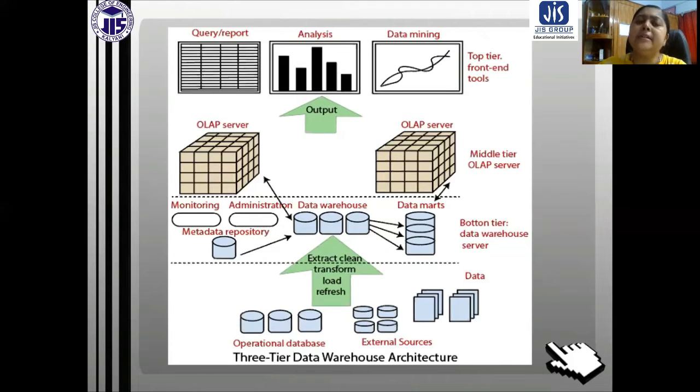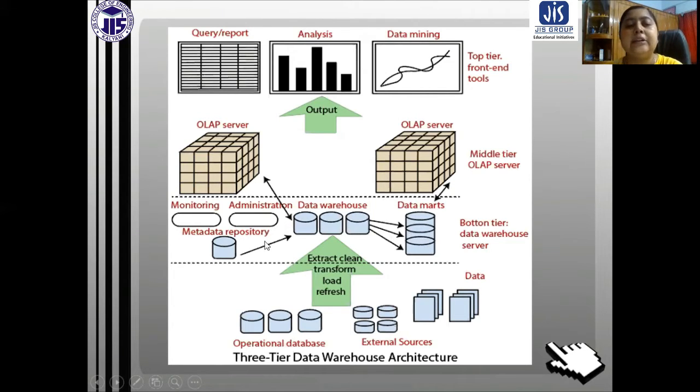Data marts are actually a subset of the data warehouse. So here you can see from one data warehouse server, we can have multiple data marts, which are subsets of the data warehouse.